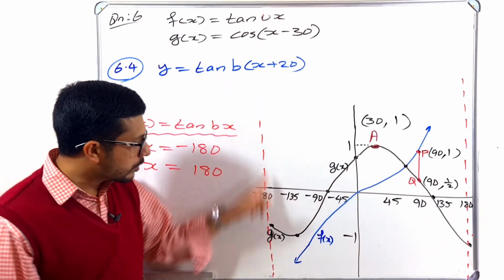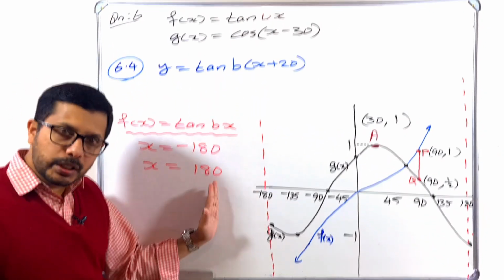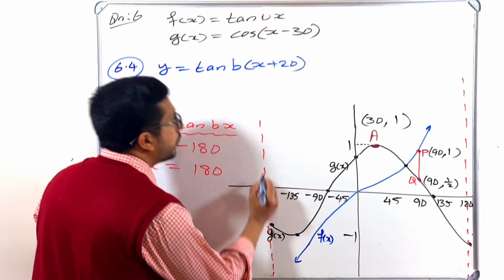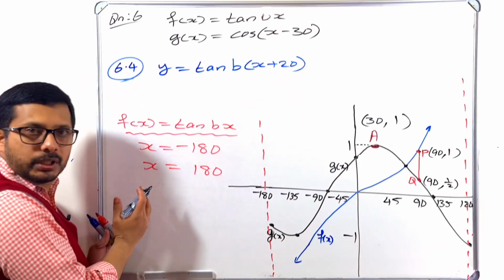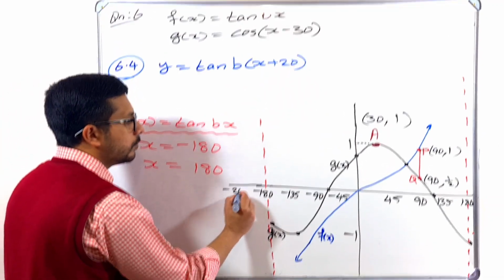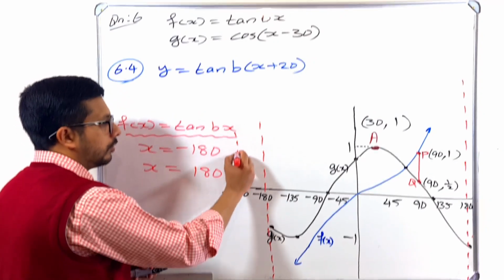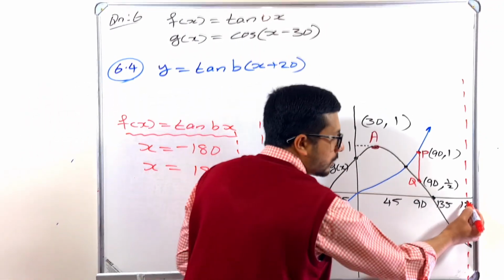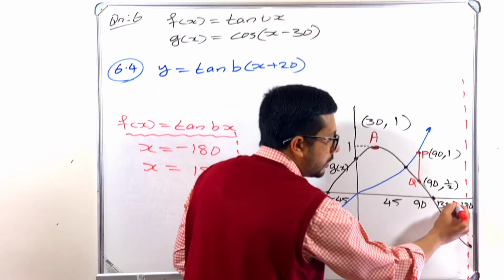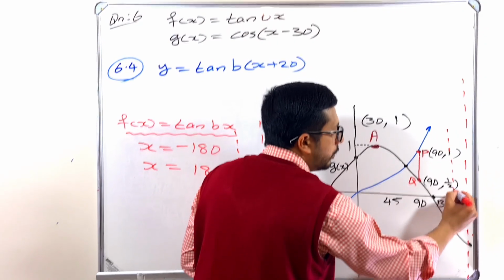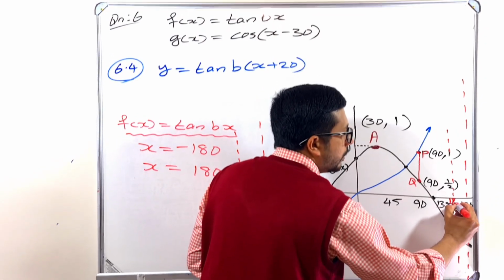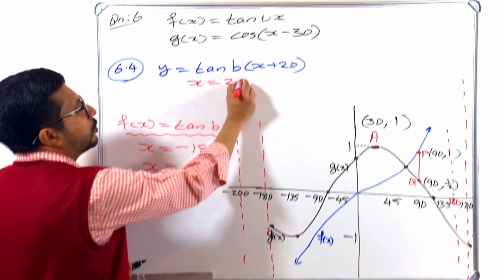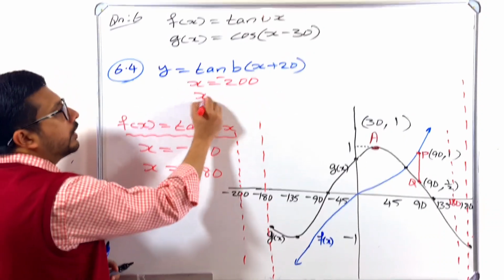Okay, so this asymptote, minus 180, if it moves 20 degrees to the left, now the new asymptote is passing through where? Plus 20 means everything shifted 20 degrees to the left. That means the new asymptote is going to pass through minus 200. Am I right? Minus 180 minus 20, that is minus 200. And this asymptote, 20 degrees to the left, that means it is going to pass through 180 minus 20, that is 160. You understand? So the new asymptotes are x is equal to minus 200 and x is equal to